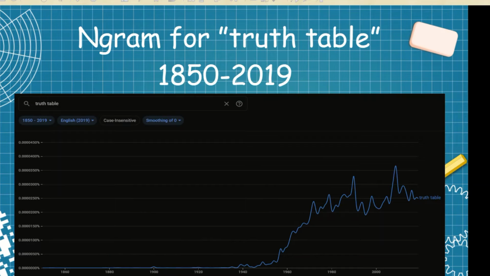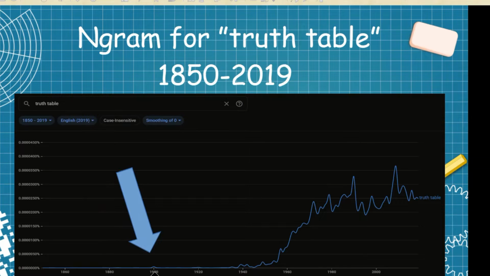Moving on, I was looking into the engram for truth table from 1850 to 2019. So you'll see over here somewhere, right there, truth table, are fairly active, has a kind of up and down history, and it goes back to about sometime in the 30s. But if you go back a little further, you'll see there's something in 1920. And in fact, that's why, for a very long time, the truth table was more or less officially designated as having been born in 1921.